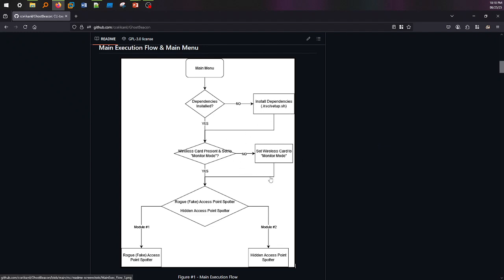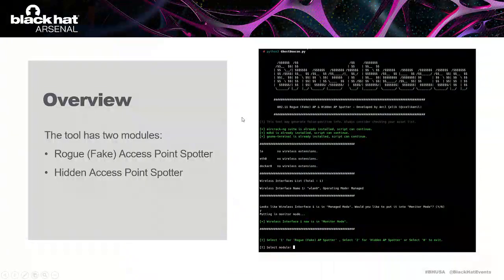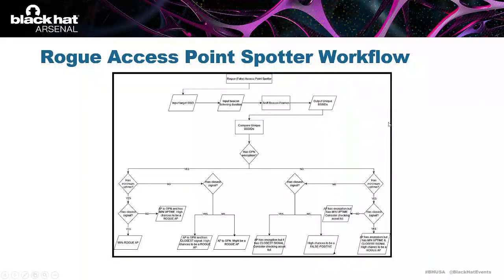After setting the wireless card to monitor mode, which is done automatically by the program, you will be redirected to select one of the modules placed in this program. Let me get back to it. Okay, so let me first tell you about the workflow of the first module, which is the rogue access point